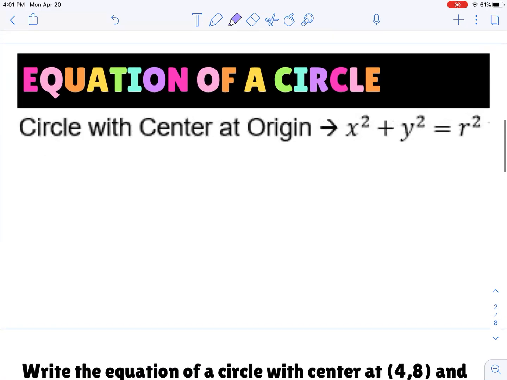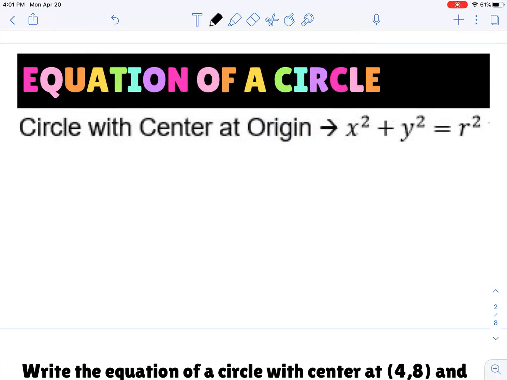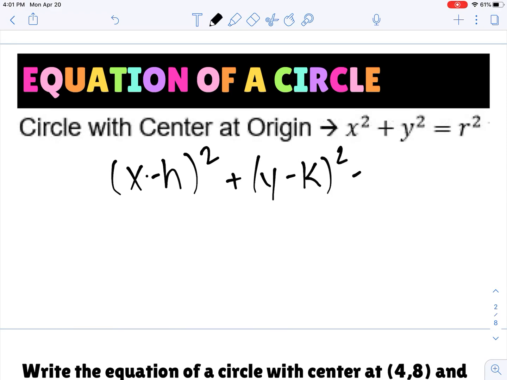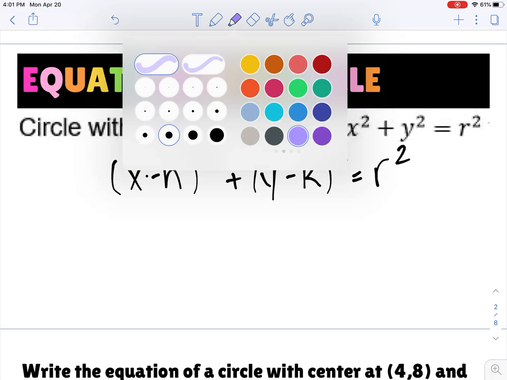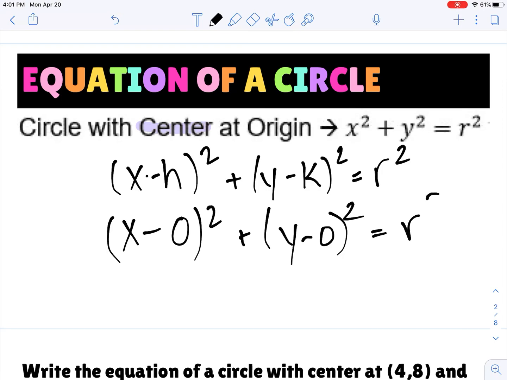So the next thing I want to talk to you about is if we have a circle with a center at the origin. What that means is that if we're talking about the equation of a circle, we have (x minus h) squared plus (y minus k) squared equals r squared. Well, if the center is at the origin, the center would be at 0, 0. So this would be the same as (x minus 0) squared plus (y minus 0) squared equals r squared,